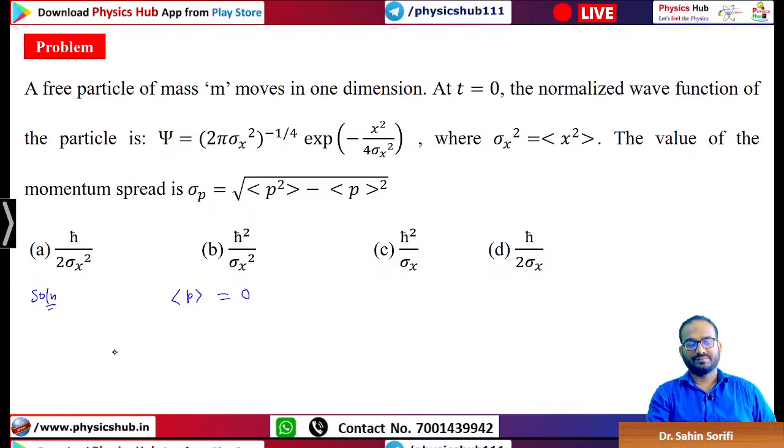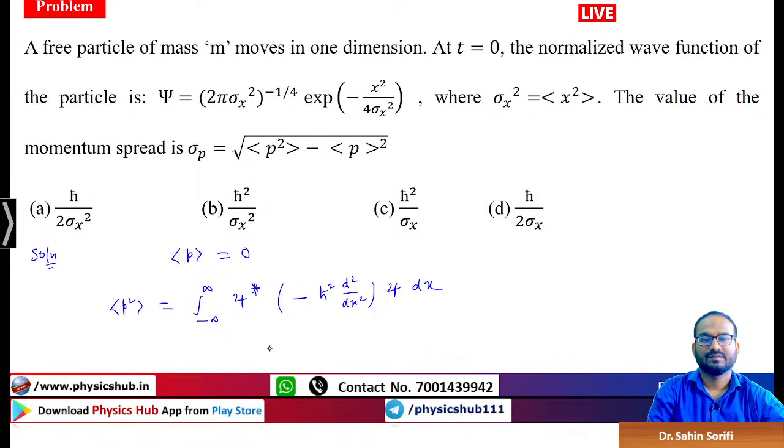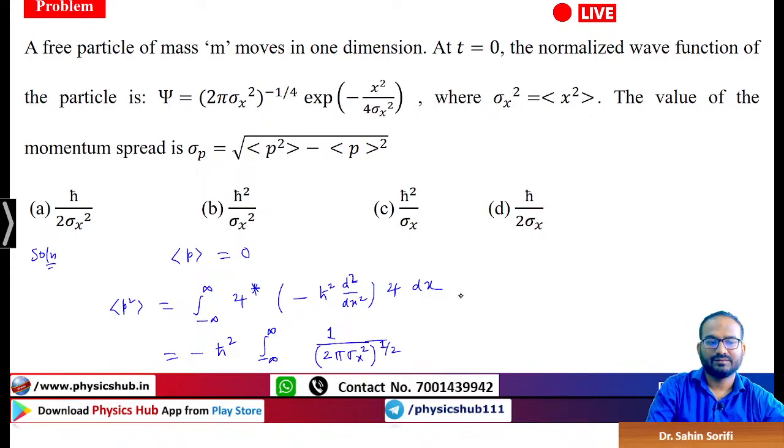Now p square, expectation value of p square is equals to integral from minus infinity to plus infinity of psi star. P square is minus h cut square d square by dx square. It's one dimension, so we can write d instead of del. You can write it in this way. So this is equals to minus h cut square integral from minus infinity to plus infinity. Look, double derivative of psi. Psi is given by this expression. So psi star into psi, real function, so the constant part will be multiplied: 2 pi sigma x square to the power minus 1 by 4, the square of it. So minus 1 by 2. So it becomes 1 upon 2 pi sigma x square to the power half. Right? Now into